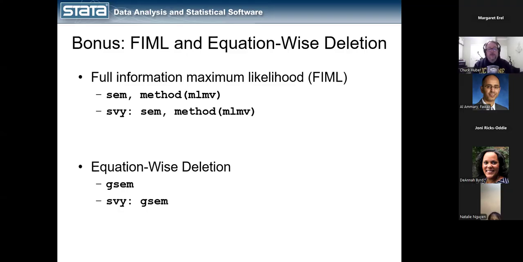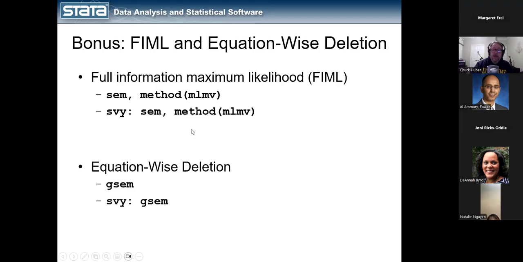Now, this part still blows my mind that this can be done. Survey works with both multiple imputation or FIML. So if you have survey weighted data, you can do this. You can do multiple imputation that I just showed you, or you can do full information maximum likelihood with survey weighted data. So once you svyset your data, you just put the svy colon command in front of your sem command, use mlmv, and you're doing FIML. And it's similar